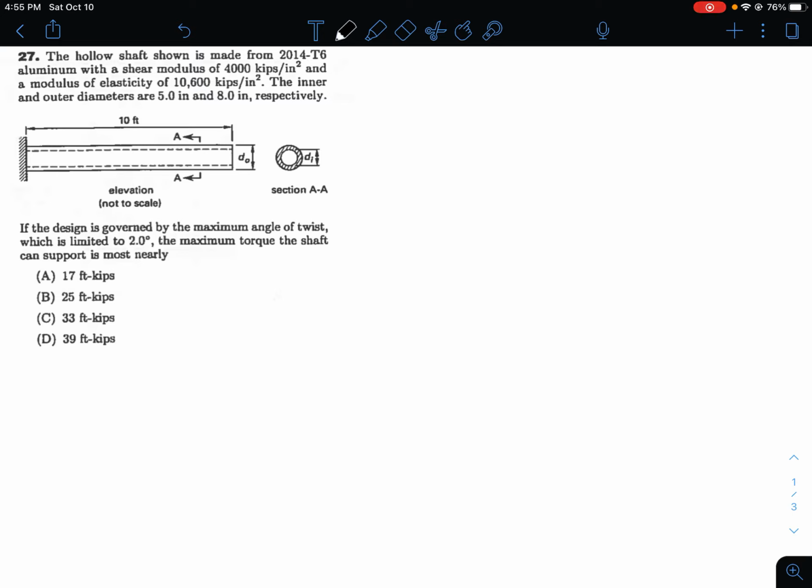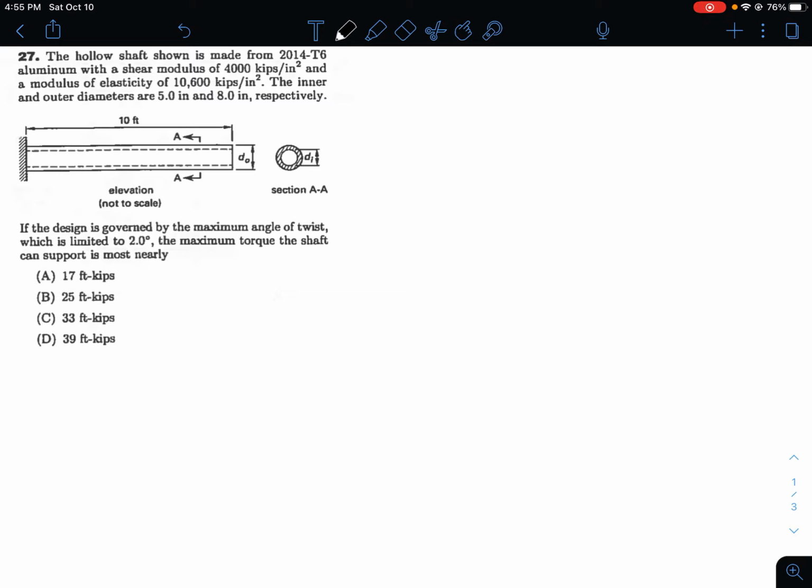And here we have a detail of what actually is happening. We have the shaft right here that's fixed at the left end, and then we have a cross section that shows us the inner diameter cross section view of it. So if you're looking at the side view,